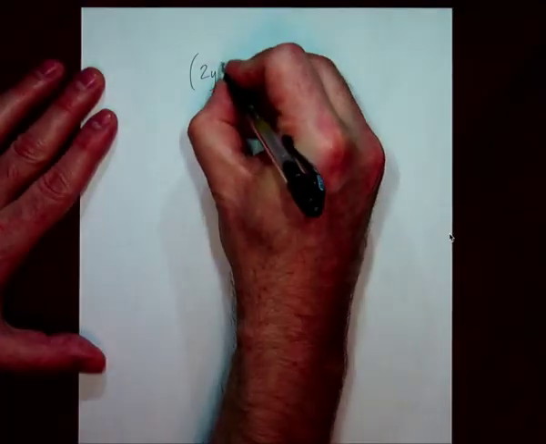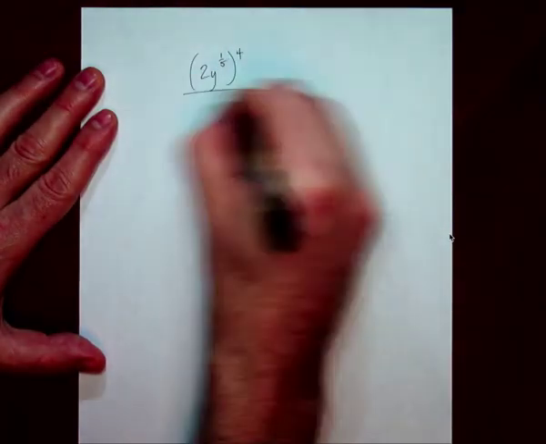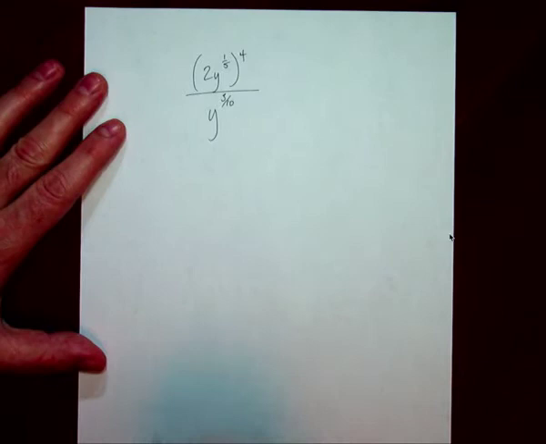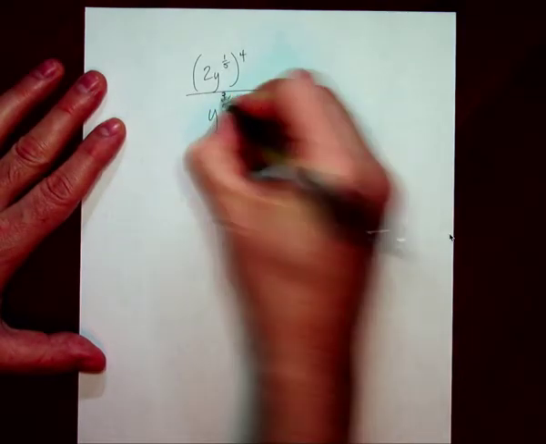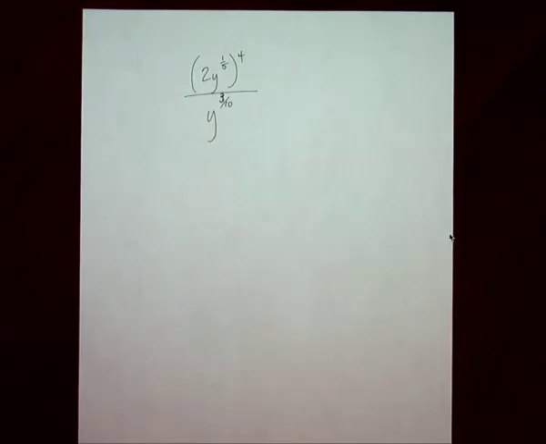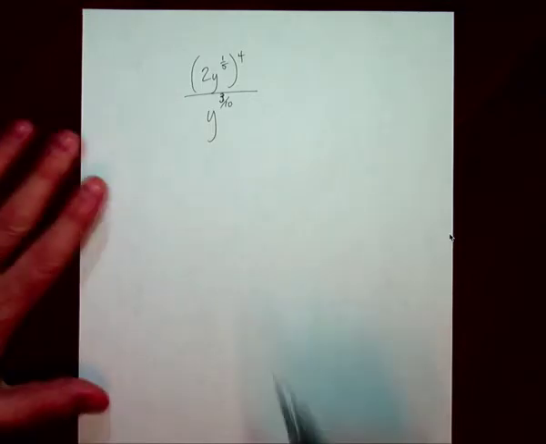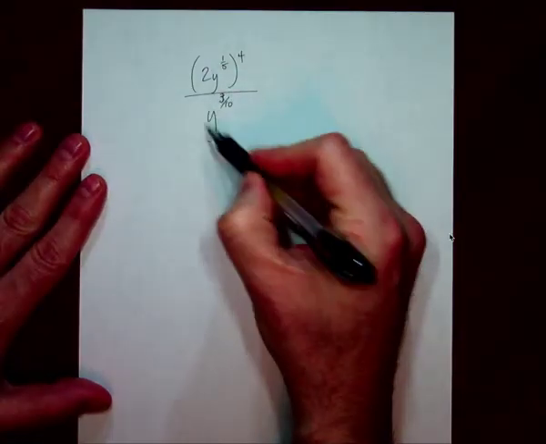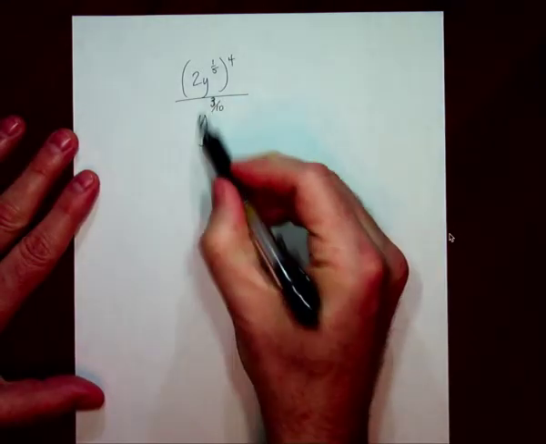I'm not going to make 18,000 videos on this, especially considering the fact that this should be not only review, but really, really review-ish. Let's go ahead and do 2y to the 1/5 to the 4th, all of that over y to the 3/10. That's supposed to be a 3, by the way. 3/10, okay? Well, the first thing that we need to do is execute this 4th power, so that the y to the 1/5, which needs to be simplified with this y to the 3/10,